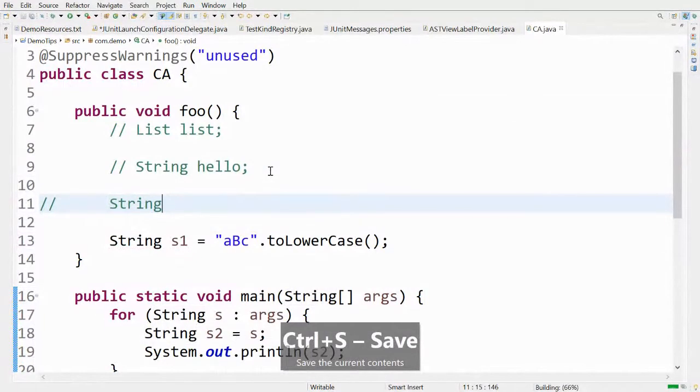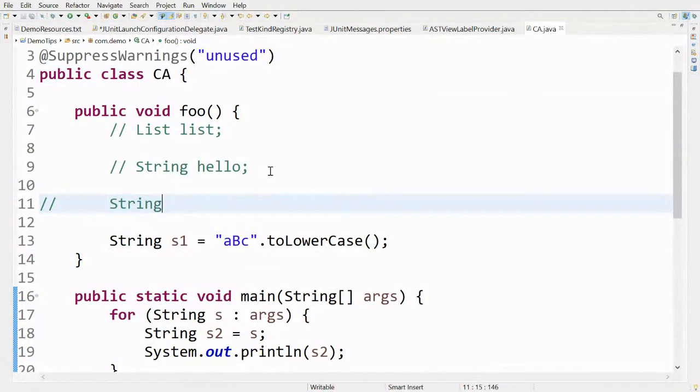Now, next, I want to talk about code minings. Code minings provide some information about your code, and they are shown as decorative text in the editor. You can enable code minings in the preferences here. You can see the references and implementations are enabled. To give you the demo, let me open an interface. You can see these code minings are being shown at the top of this interface.